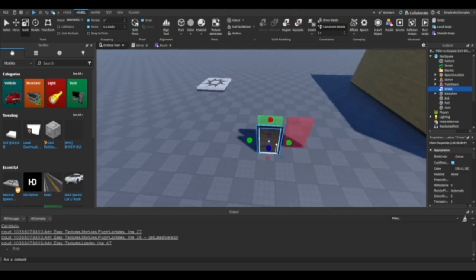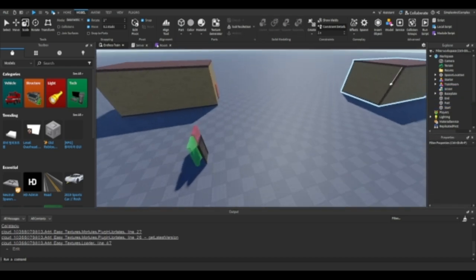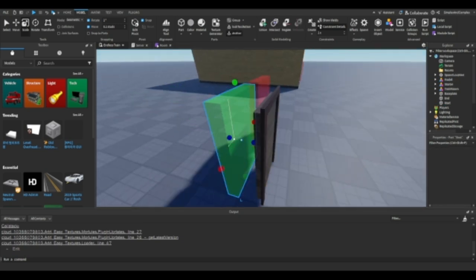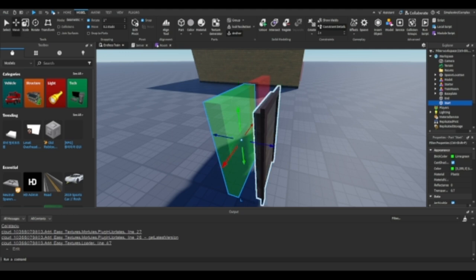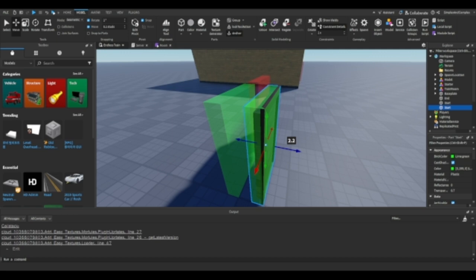Okay, this is good enough for me. Let me anchor this real quickly, want them to be anchored as everything else. And then once these two, I'm going to make them a model. But I'm also going to do one last thing. I'm going to copy over one of these parts, putting right here, put that in that model, or